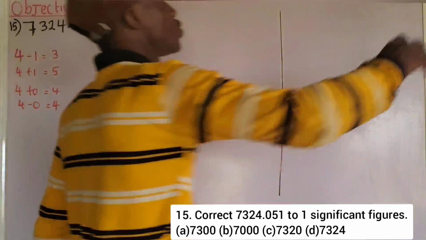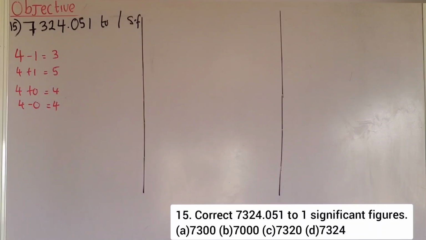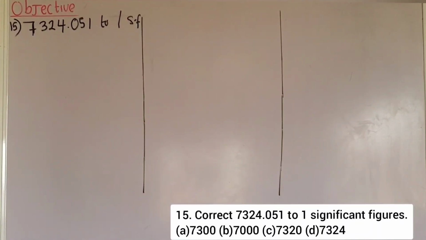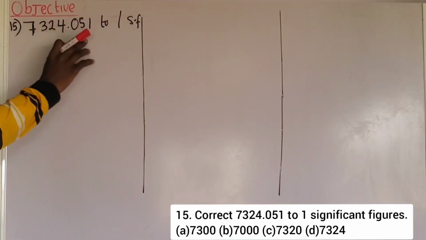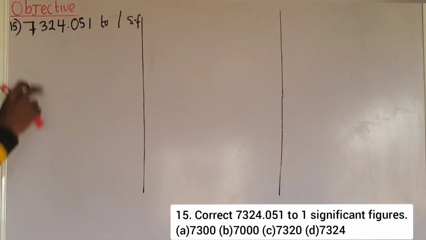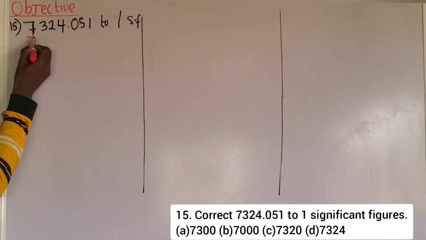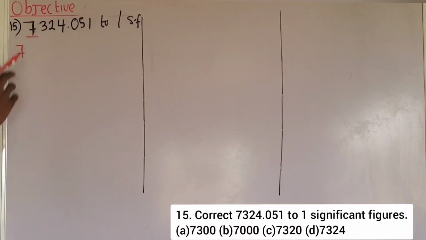Having understood what is meant by significant figure, please pay attention. If I am to change this to significant figure, that means I am going to approximate. Because we are asked to change it to one significant figure, I am going to check the first number. The first number is 7, so I am going to write 7. Now, because 3 is not up to 5,